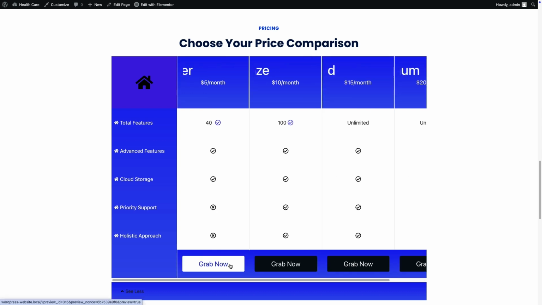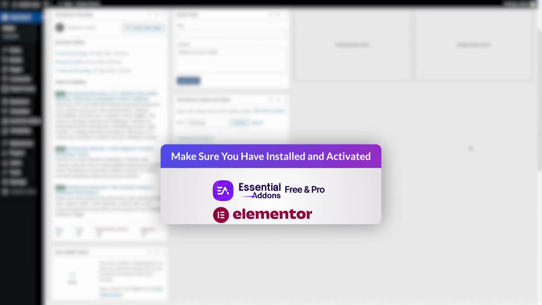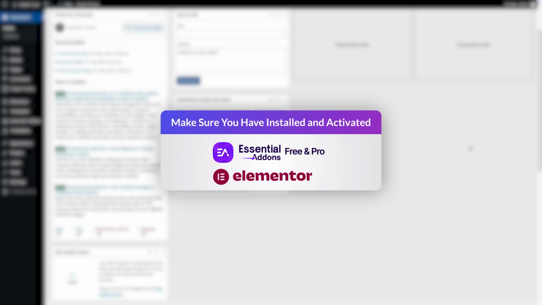With Essential Add-ons, you can display multiple plans effortlessly in just a few clicks. In this video, we'll guide you through the steps to configure it. Let's get started. Before we begin, please make sure your website has Elementor, Essential Add-ons, and Essential Add-ons Pro installed